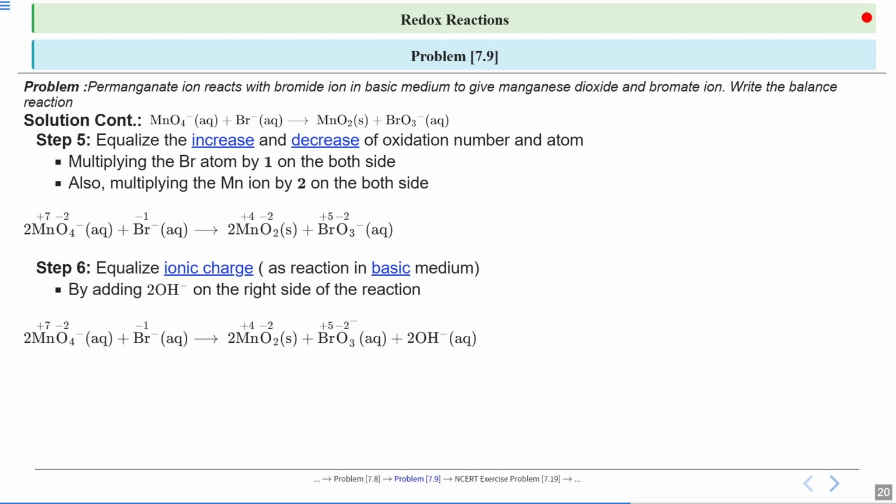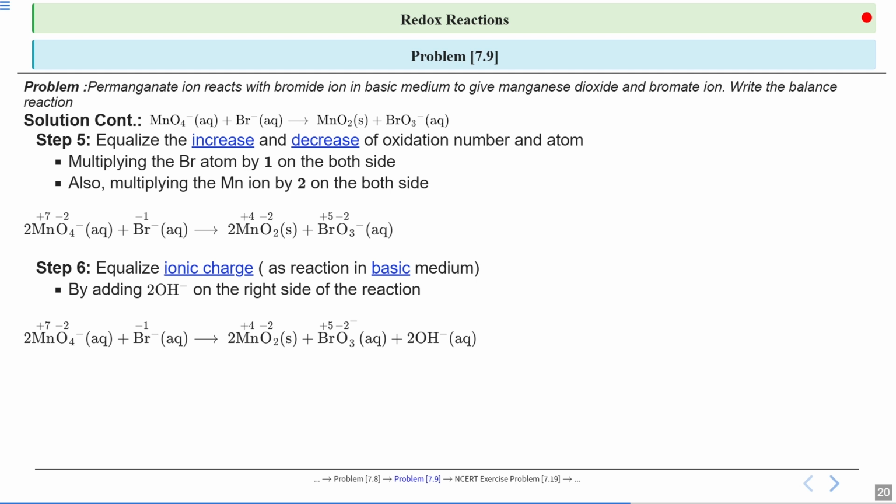That would only be clear by the ionic charge. If we look at the reaction, we will find that 2 hydroxide ions would be required to equalize the charge. That means our equation would turn out to be 2MnO4 negative plus Br negative gives 2MnO2 plus BrO3 negative